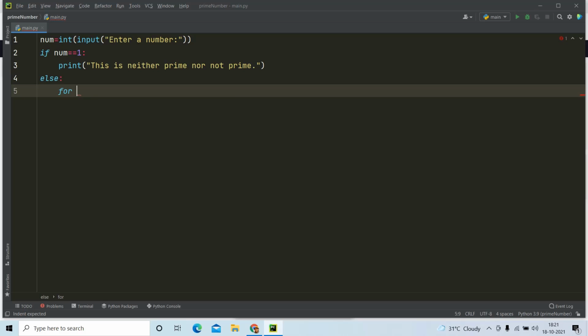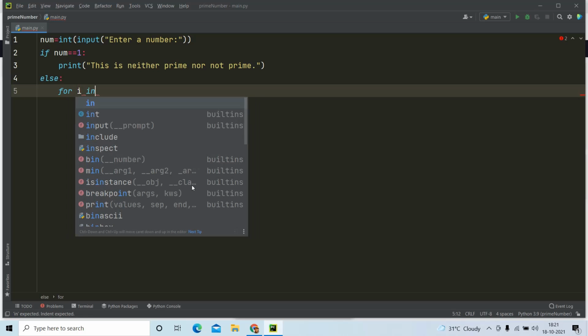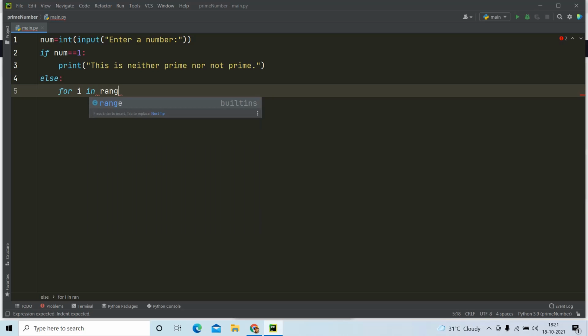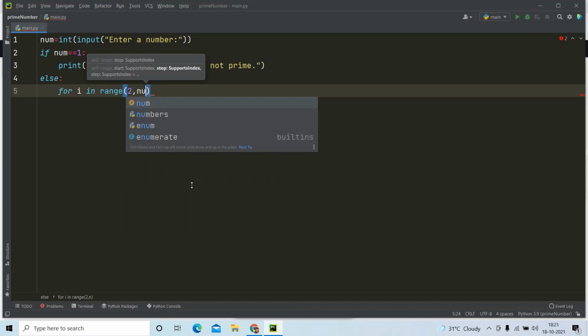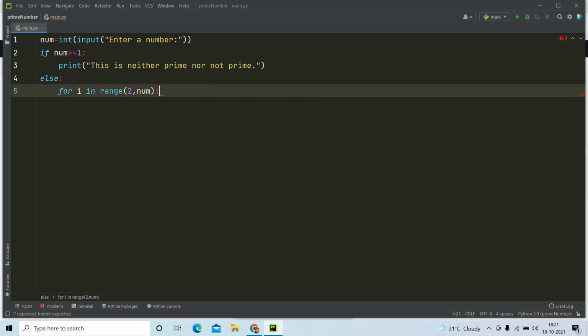So I am writing for i in range. The starting number is 2 here, and the ending number is num itself, because if we write the ending number as num, then num will not be included. Only the numbers before it will be included, and the default step count can be 1 itself because we are going to check each and every number. So we need not specify that explicitly.